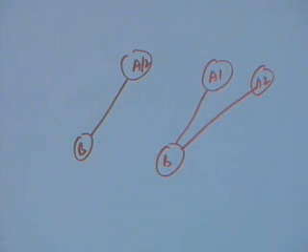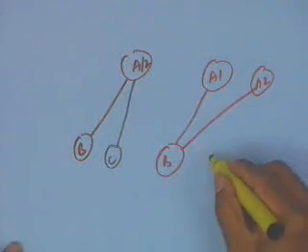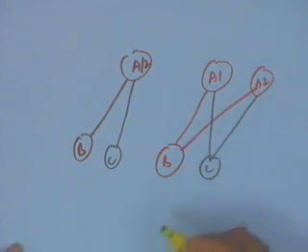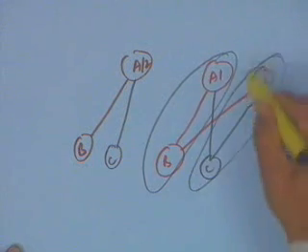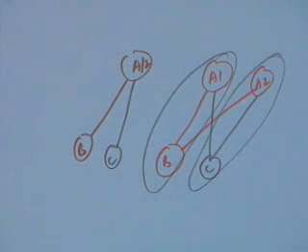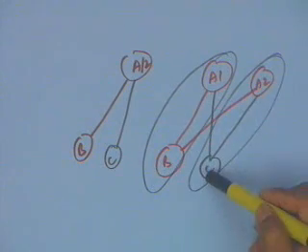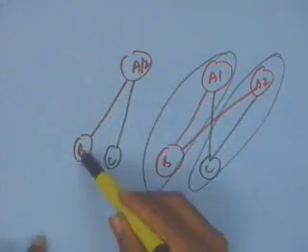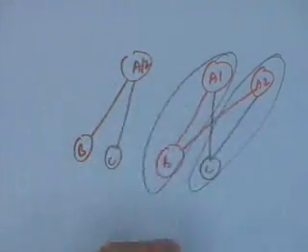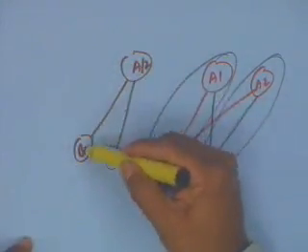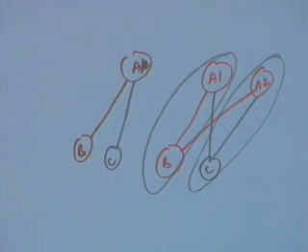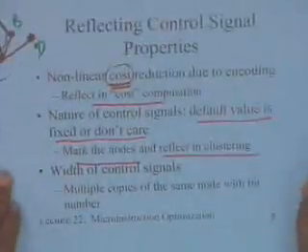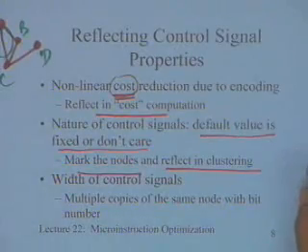So this will help, because let us say you had this situation where C was connected to both of them, and so you may be able to combine both of them. A1 will combine with B and A2 will combine with C. Whereas previously, because there was no edge between B and C, you could have taken either A with B or A with C. So I could have only been able to merge these two. So I can have multiple copies of the same node with bit number. So once I do this and apply both these criteria